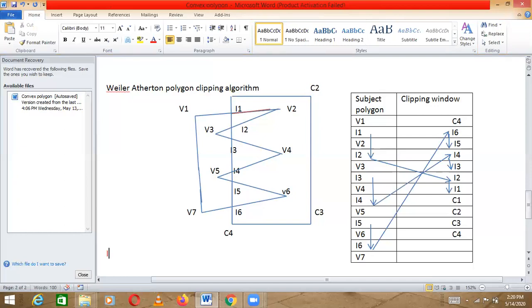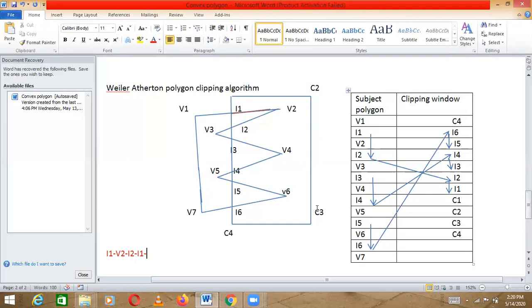So first is I1, then we have V2, then I2. First of all, we covered I1, V2, I2, and again we went to I2. Now after I2 we just wrote I1 here.